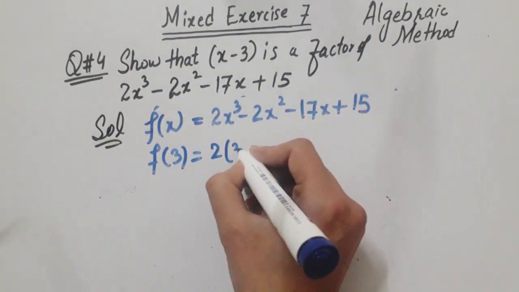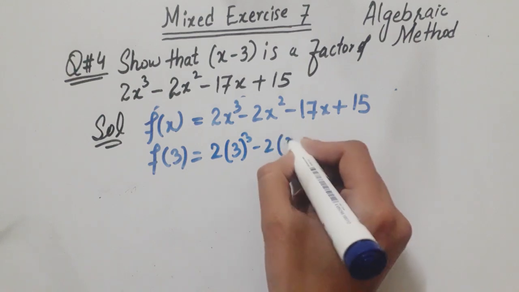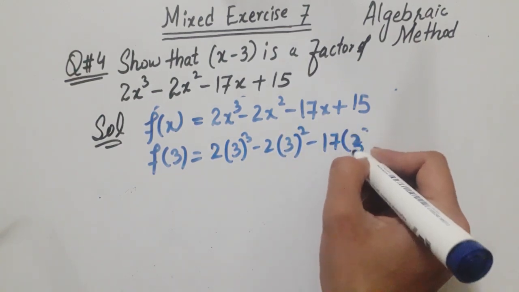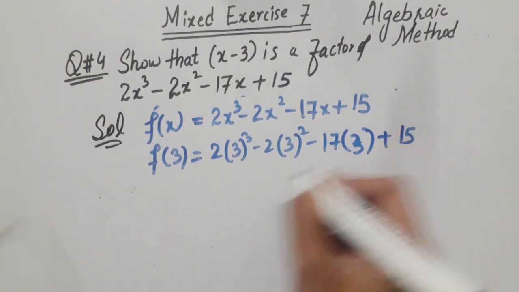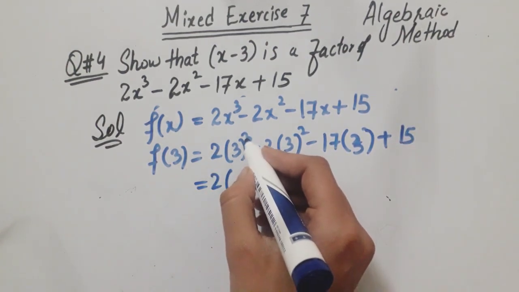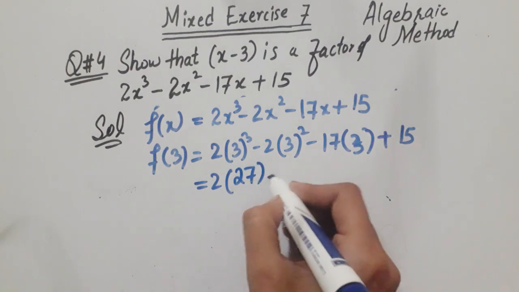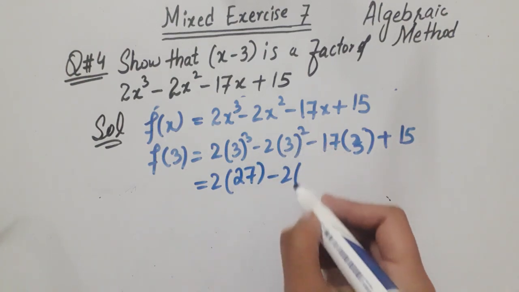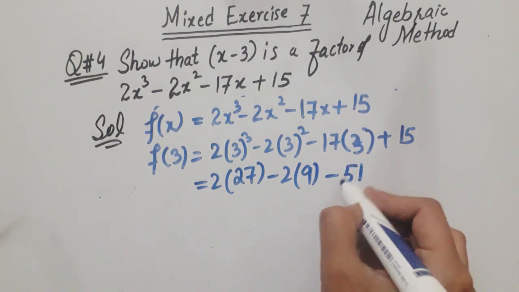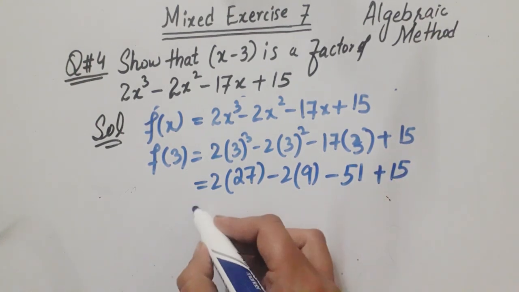So 2 into 3 cubed minus 2 into 3 squared minus 17 into 3 plus 15. Now 2 into 3 cubed means 27, minus 2 into 3 squared is 9, minus 51 plus 15. So this will become